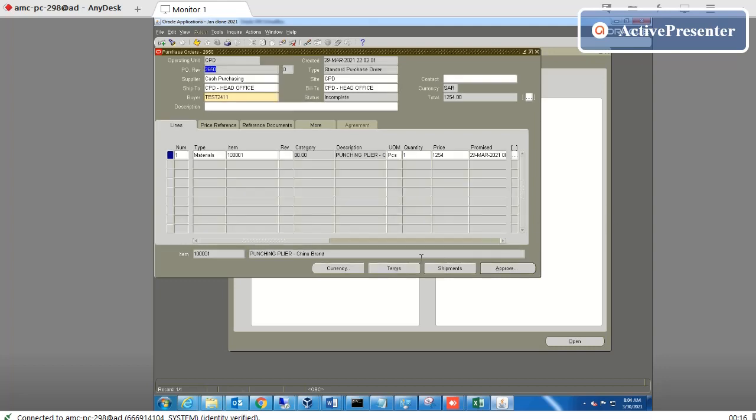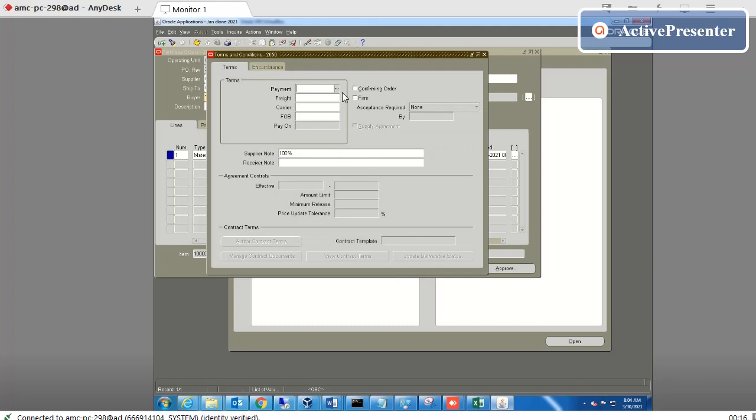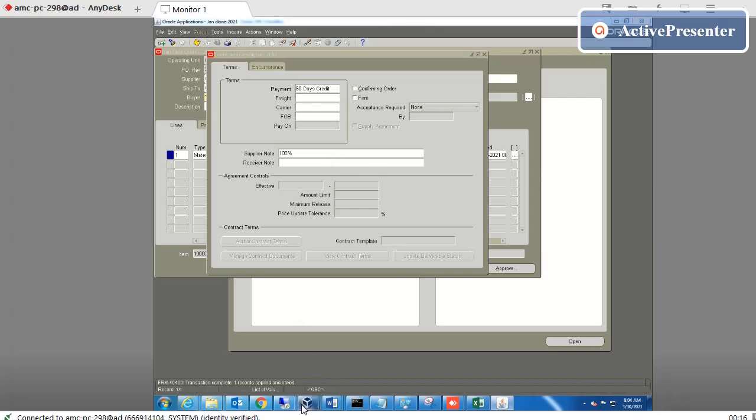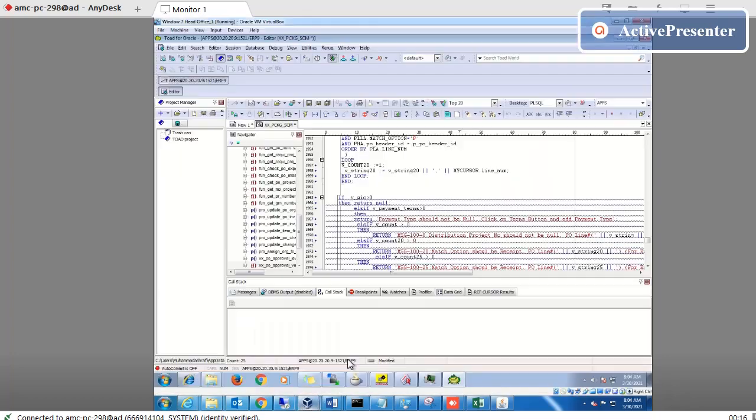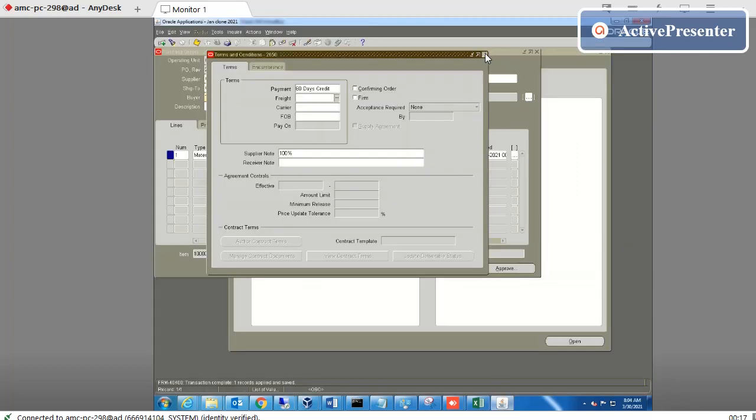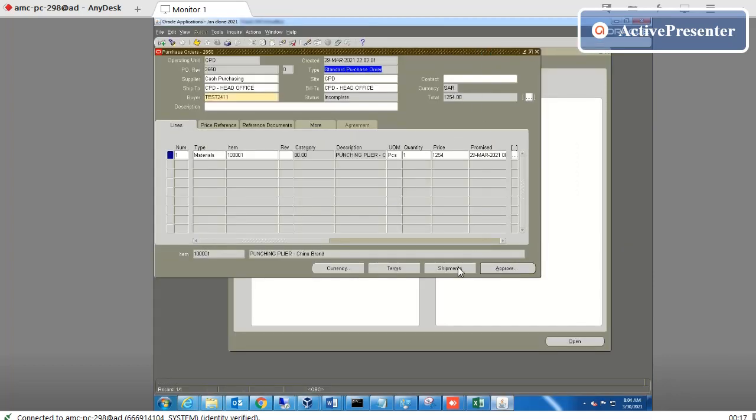So what do I have to do? I have to add, this is a personalization. I have to add a payment term here and save this one. If you go to a second validation, this is a distribution project, which should not be done because our main company is project based company. So in the distribution,